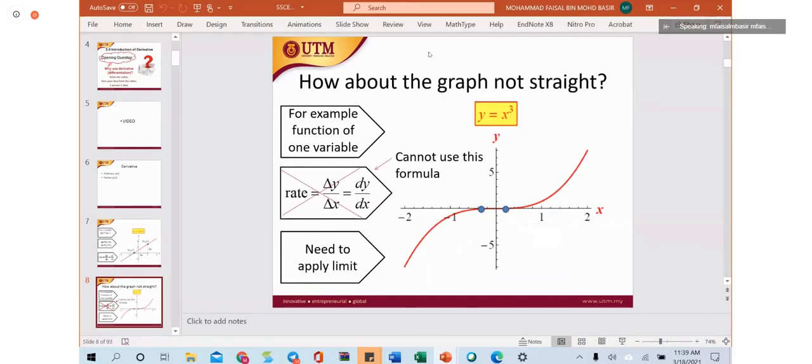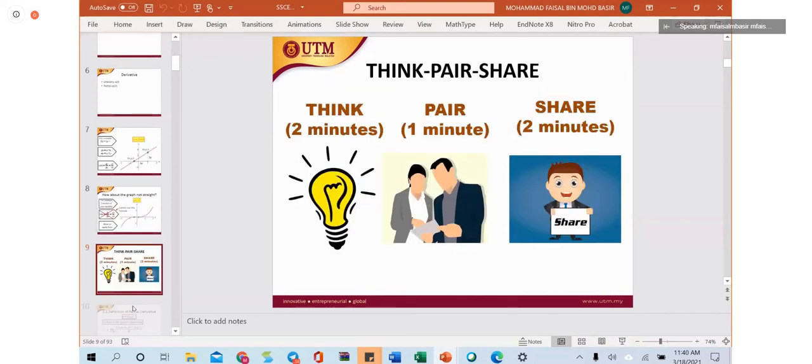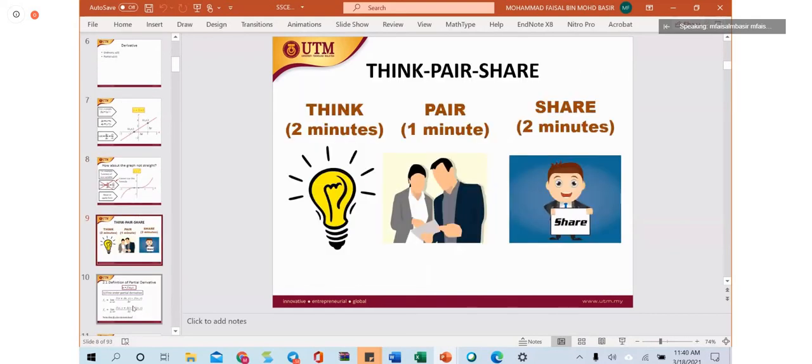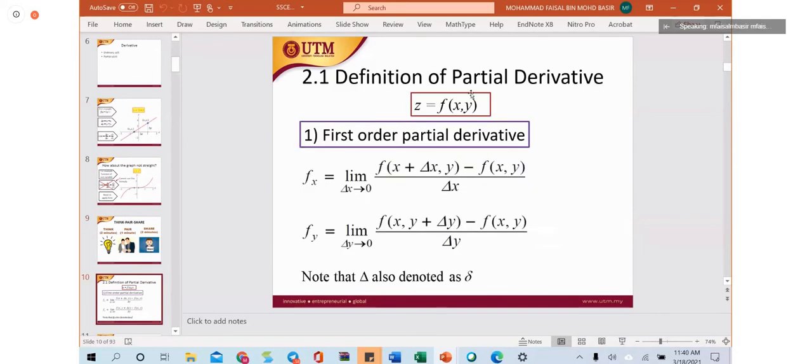How about if the line is not straight? At every point, each two points here, the gradient is different. So we cannot use dy/dx. That's why here you have to use the partial derivative. To get the partial derivative, we have to apply the limit. Skip this. So the definition for partial derivative: if you differentiate f with respect to x,